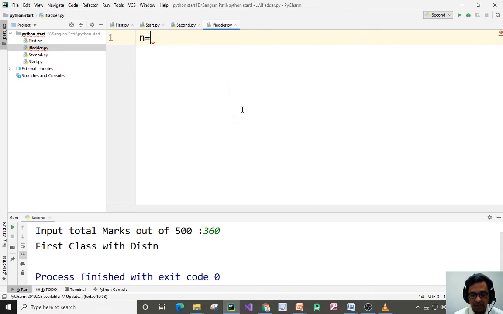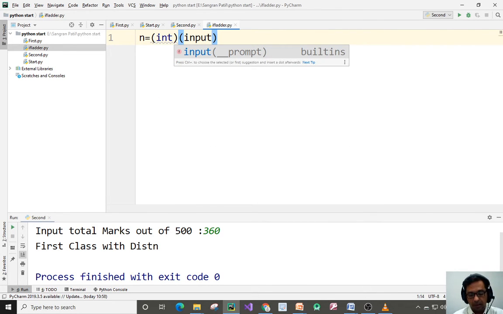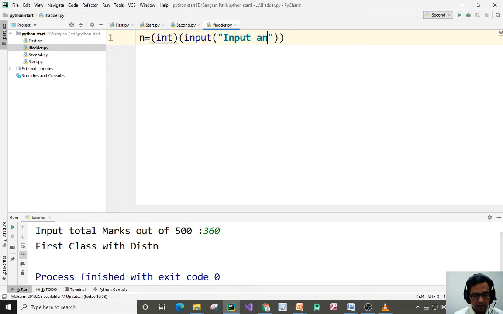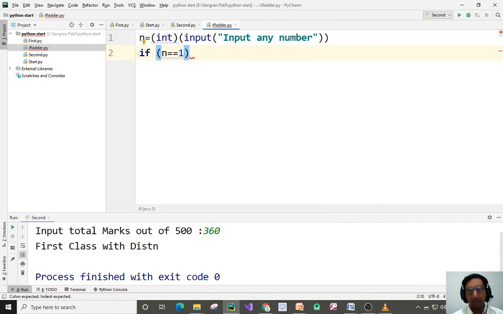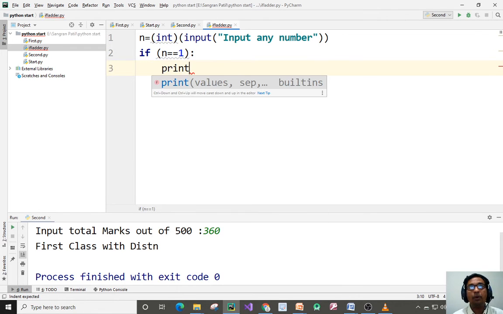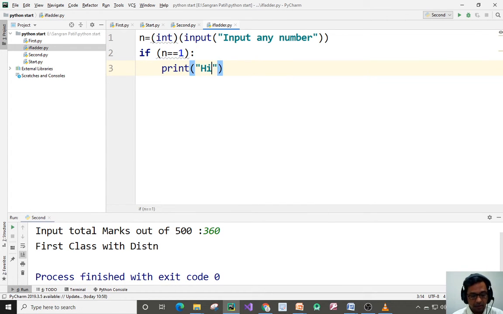And then here I can read any number, input any number. If this n is equal to 1, I want to print hi.